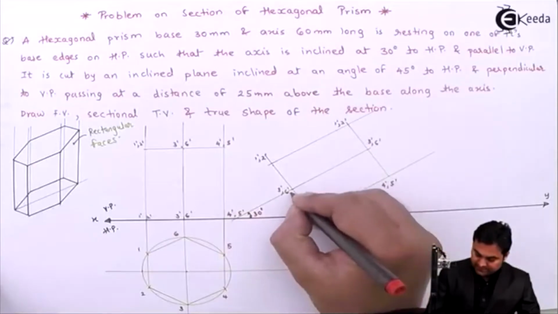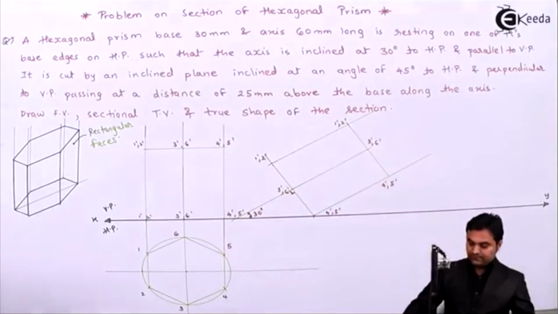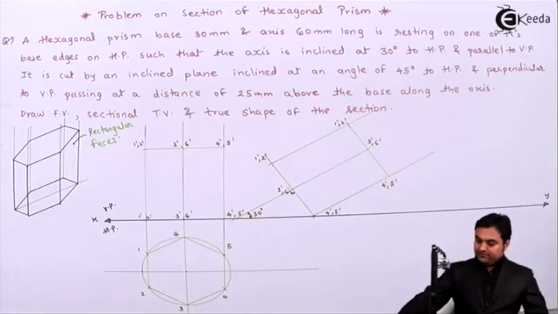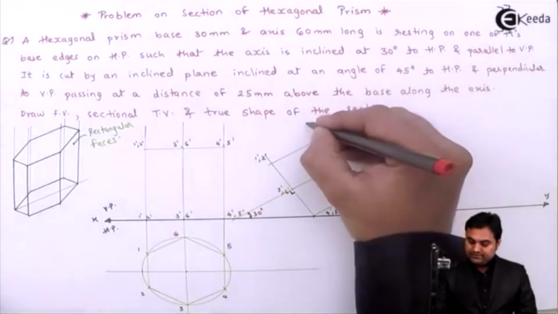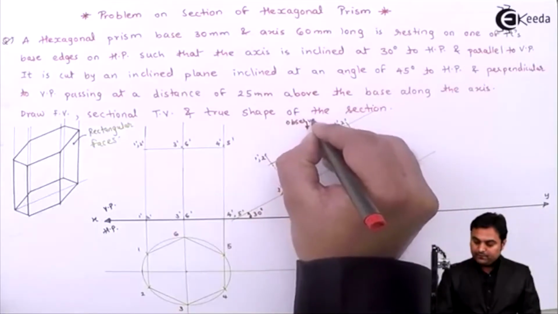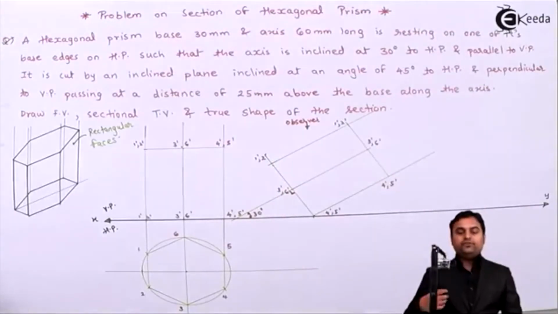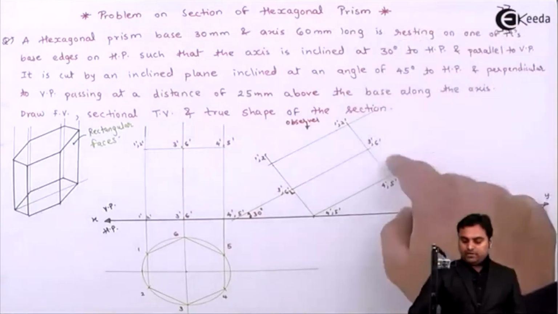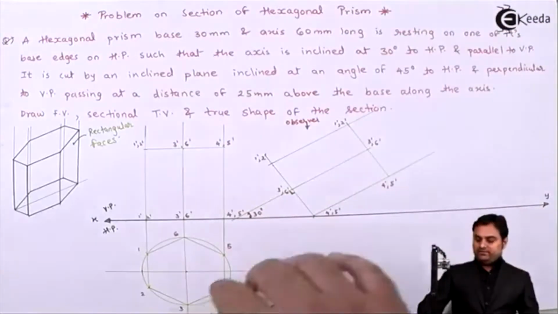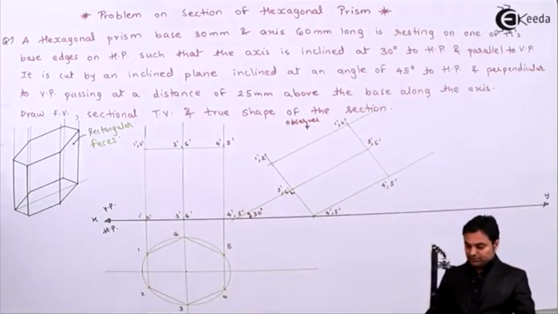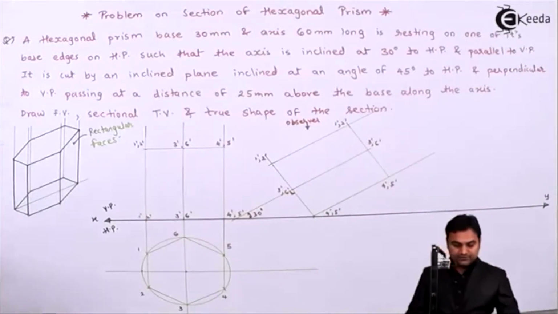Base is at 60°, and this is the perpendicular line. Now, after completing this front view of the inclined prism, next I am going to draw the top view. For that, the observer is at the top, and as an observer, those points need to be projected first which are closer. So if we are looking from top, out of the two hexagonal bases, this top base is visible first, so I'll project the points for that first.